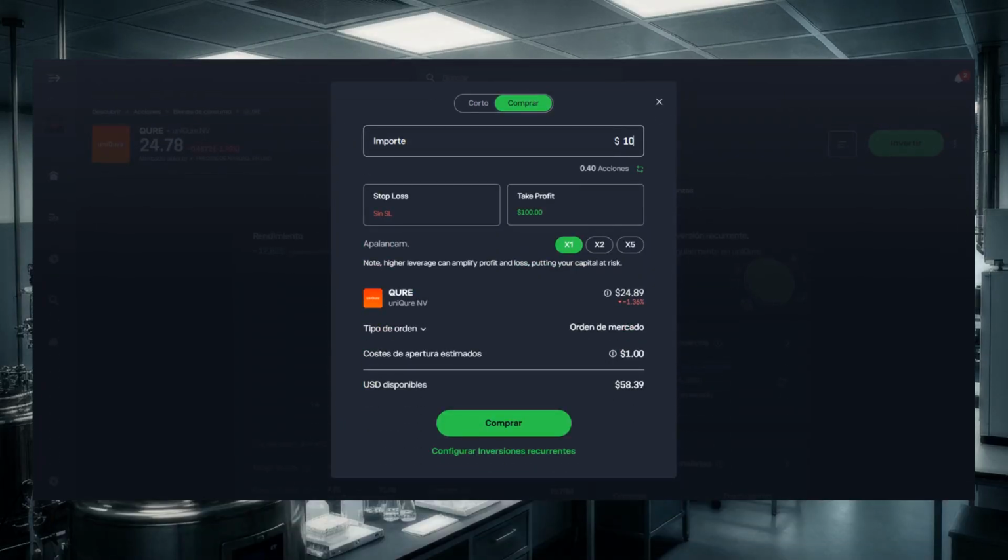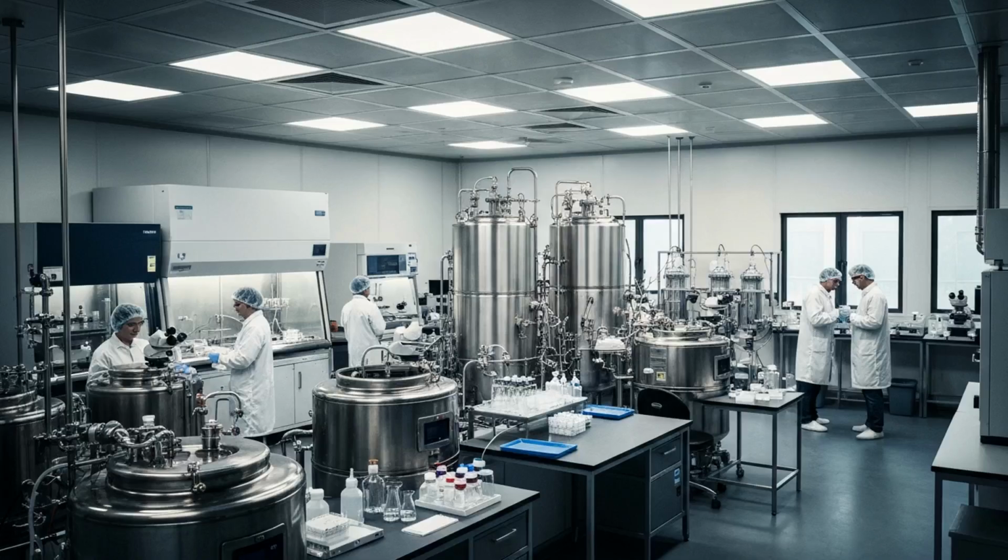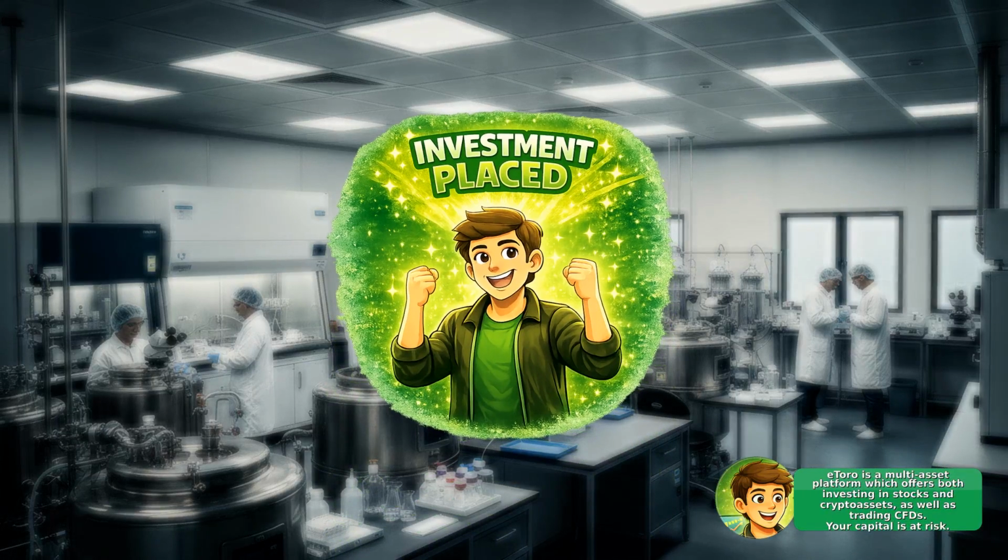To place an order, click Invest or Trade, enter the amount you want to allocate, review the order details, and confirm the purchase. If the market is closed, your order may be queued until the next session depending on order type. If you do not have sufficient funds, the platform will prompt you to add money before the trade can complete. Once the order is executed, you will see the position in your